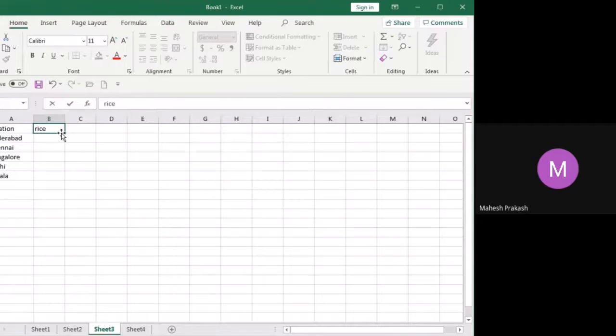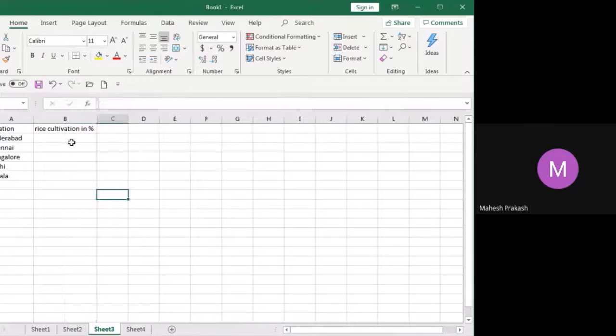Rice cultivation in percentage. Here we'll put 25 percent.